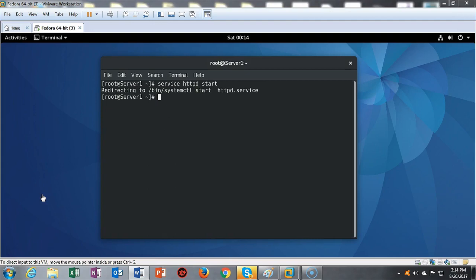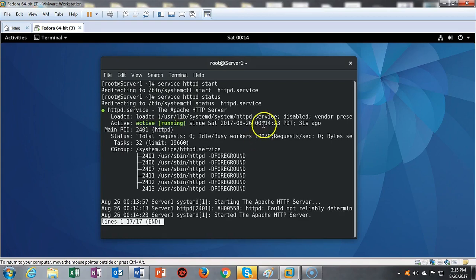Once the command does successfully complete, we want to check on the status, and to do this I'm just going to type in service httpd status. I'm going to hit enter, and we see that my HTTP service is up and it is running. If your HTTPD service does not start, follow the instructions in the lab to uninstall and then reinstall the HTTPD